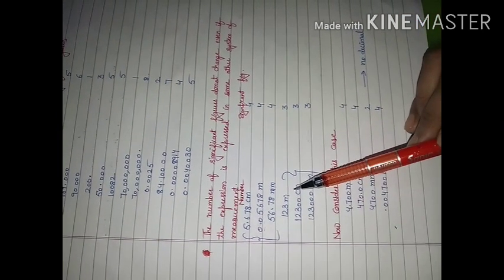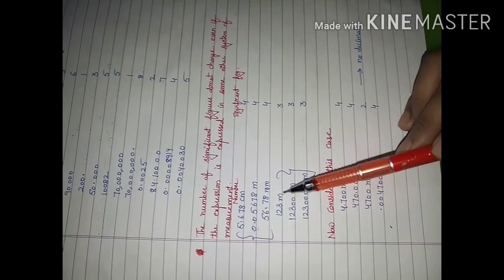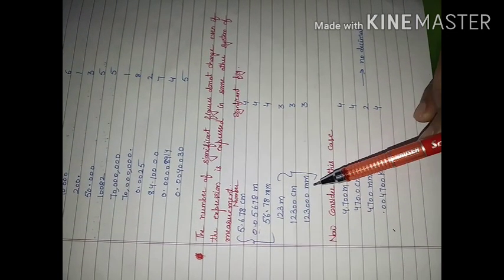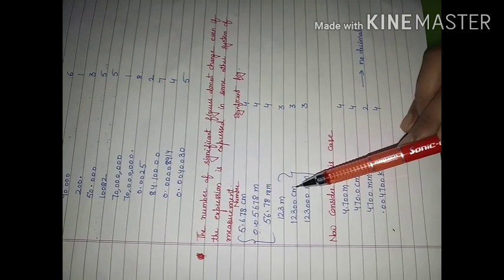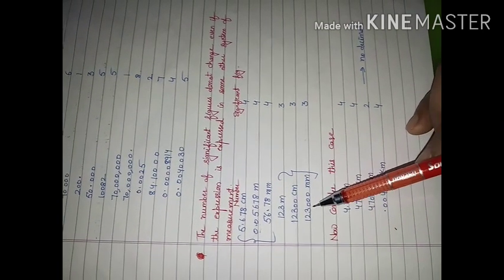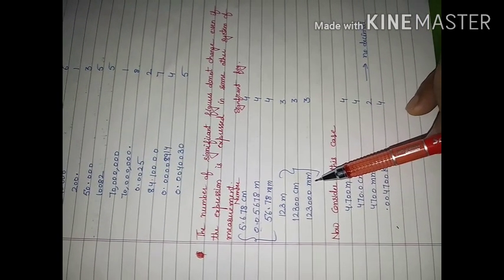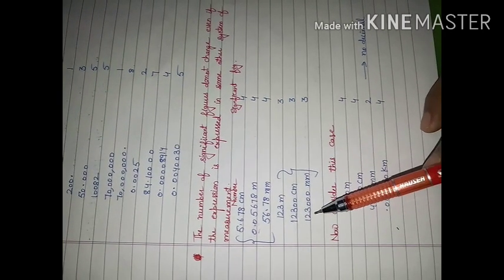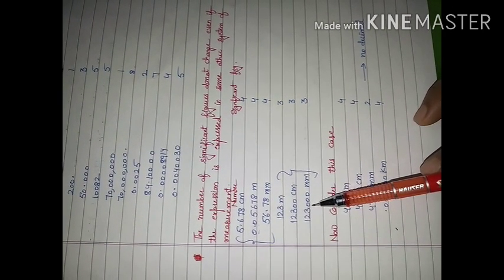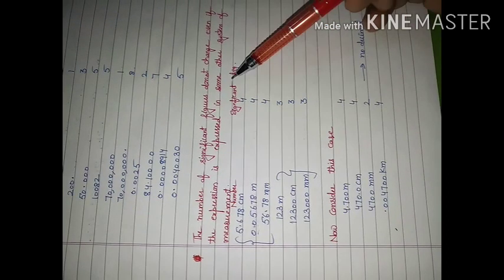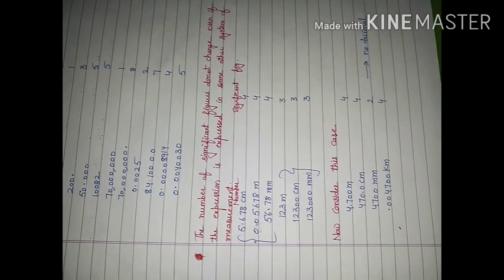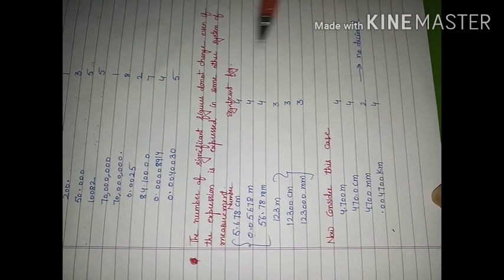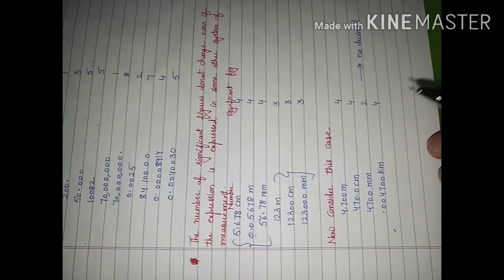This is one more example. This is 123 meter; in centimeter it is multiplied by 100; in millimeter it will be multiplied by 10. So this will be the measurement. The number of significant digits is 3. Here also 3. Here also 3. Okay, let us consider this point for this case, whether this point is going to remain the same or some confusion appears.